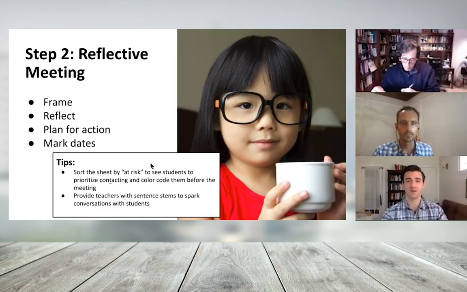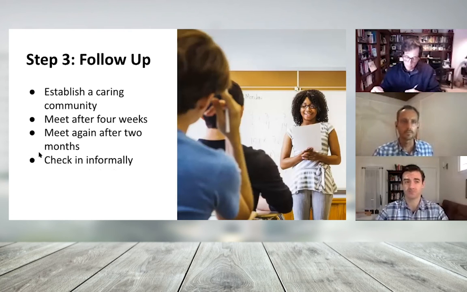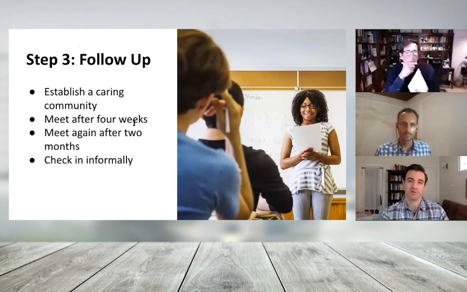It could even be a train the trainer model where folks who feel comfortable doing this, opening up conversations with students, building relationships, could provide support to those who maybe need a little bit of additional support in that area. That's totally fine. And so this follow-up portion of relationship mapping, folks wonder how to begin these conversations. Ideally, staff are matched with students because they have 1 or 2 things already connecting them. It could be that a staff or faculty member has taught a family member of this student, or they both like the same kind of music, something along those lines.